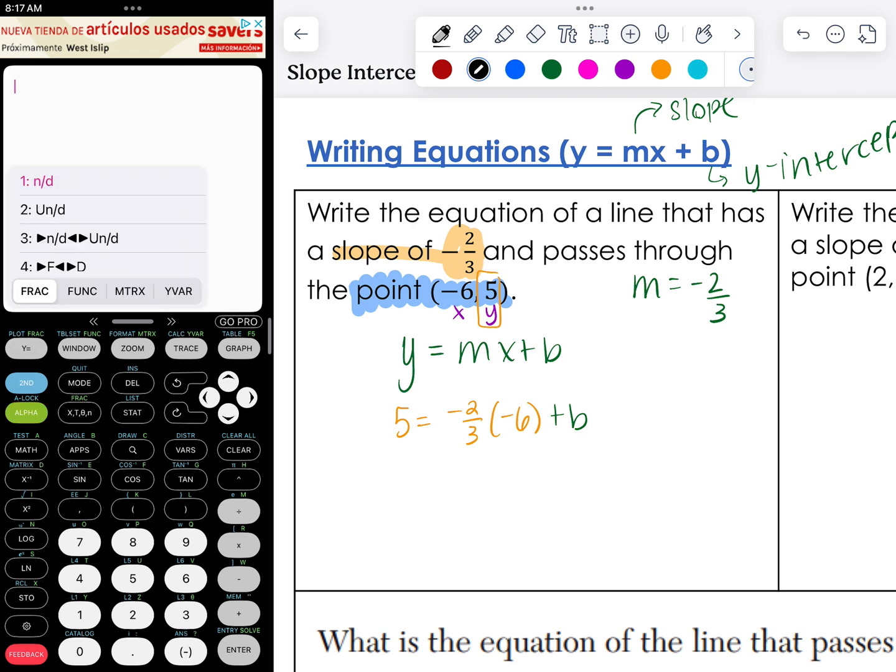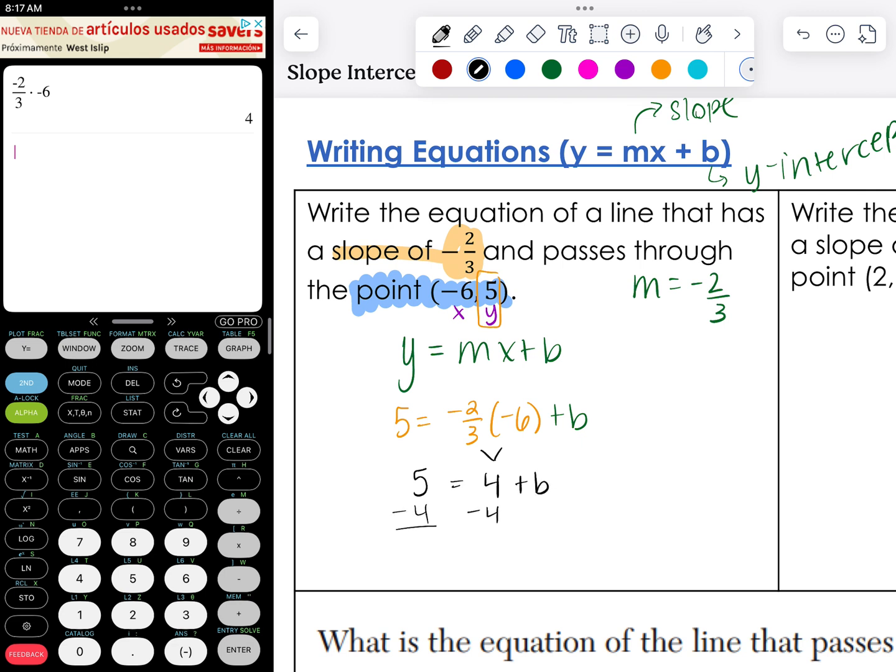I've got negative 2/3 times negative 6, and that gives me a positive 4. So this just became 4 equals 5 plus b. I want to solve for b, so I'm going to subtract the 4 from both sides, and I get a negative 1 equals b. So now I do know that my equation is going to be y equals negative 2/3 x